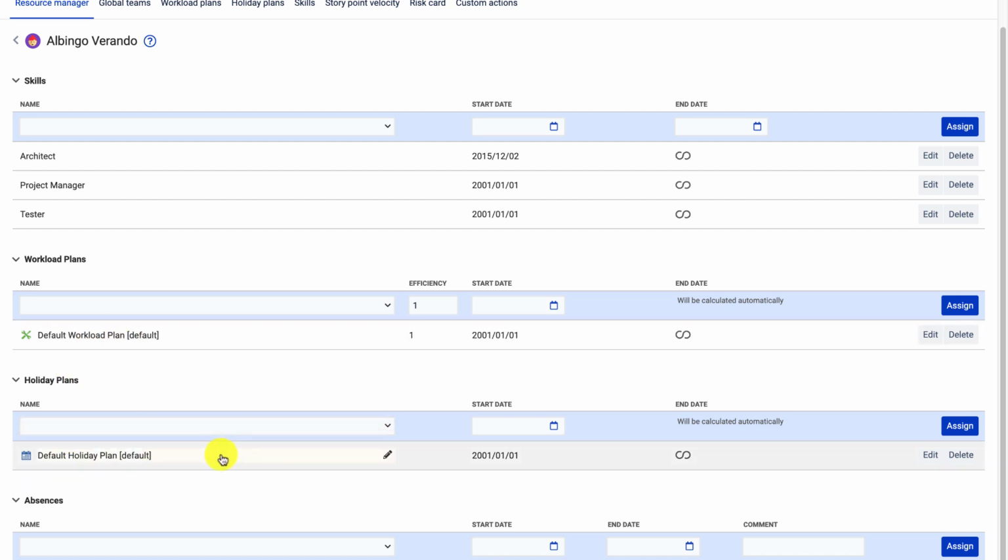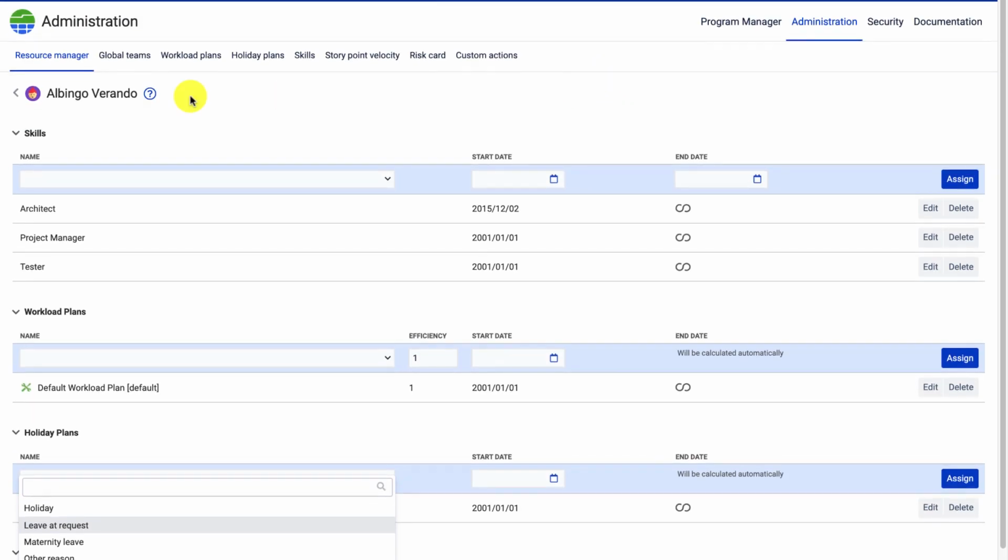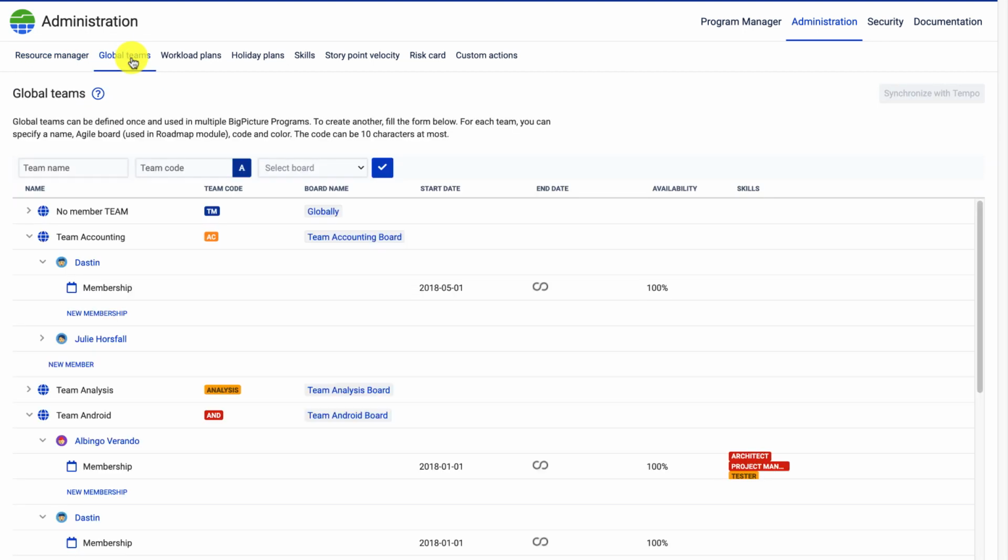Same applies to holiday plans, and while the workload plans are the basis for the capacity calculations, the holiday plans, by defining the non-working days, reduce the capacity. Same as the absence days, which reduce the capacity when we look at our resources in the weekly and monthly view. Now, our resources can be organized into